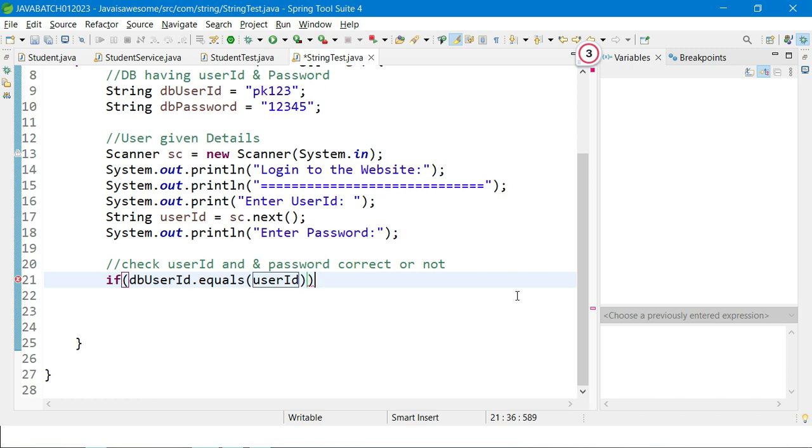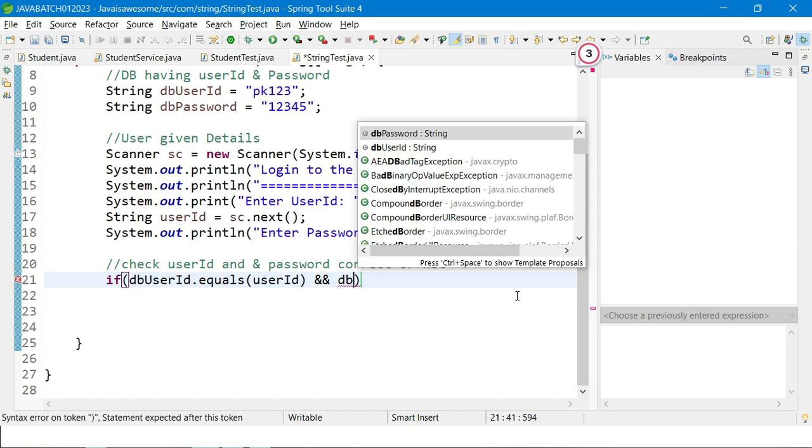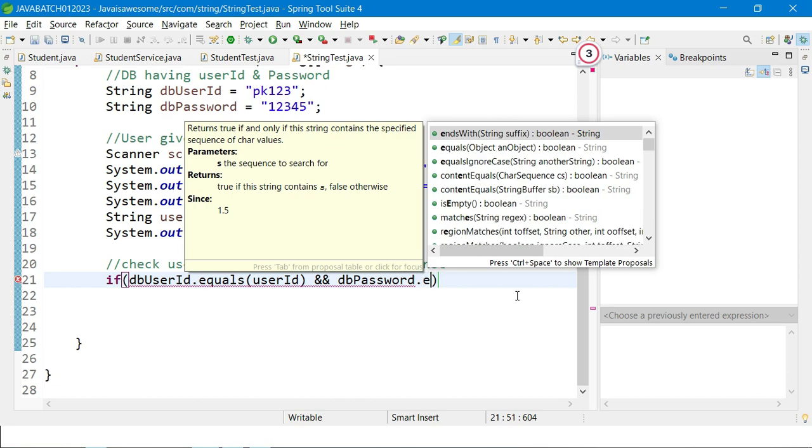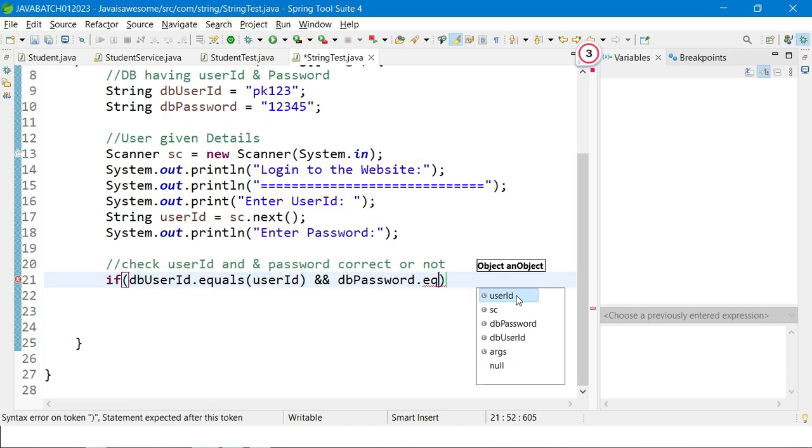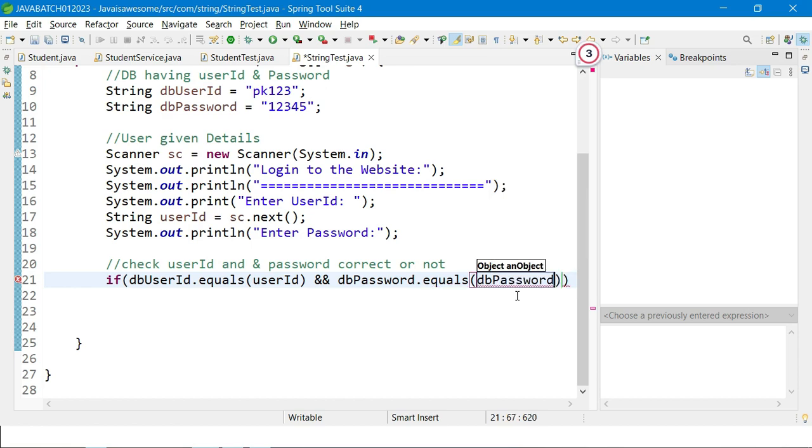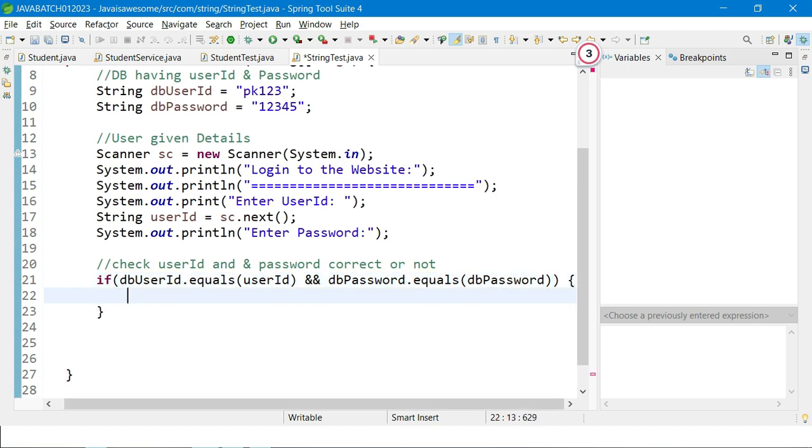If db user ID and db password both are equal, then only you have to print